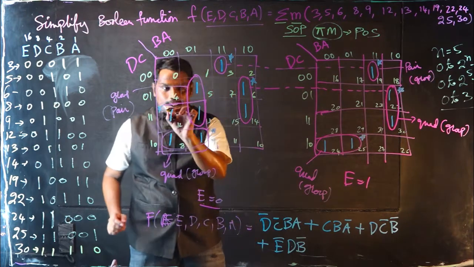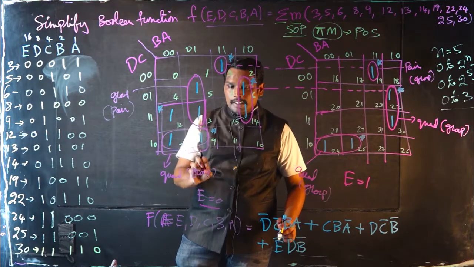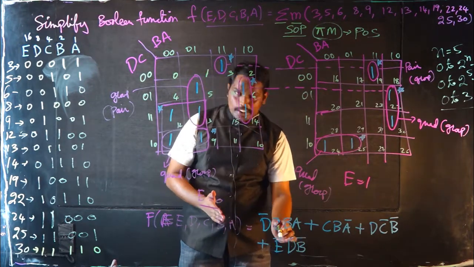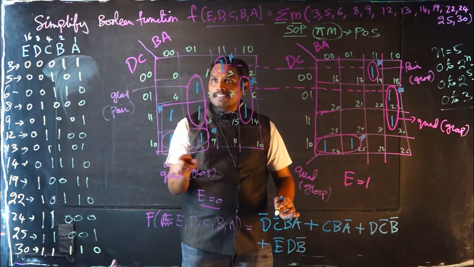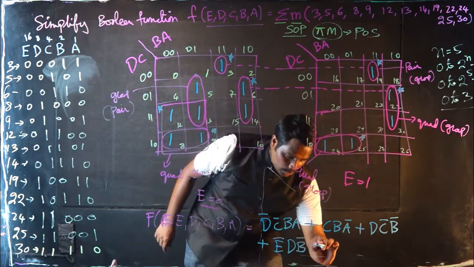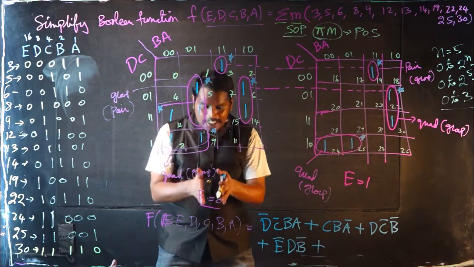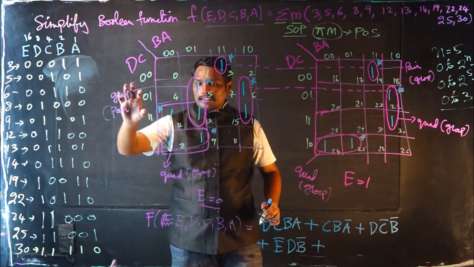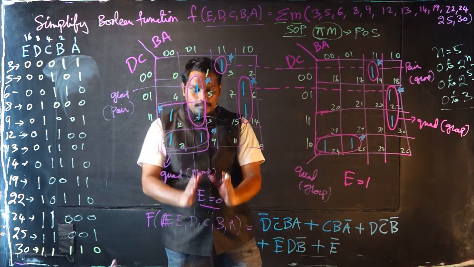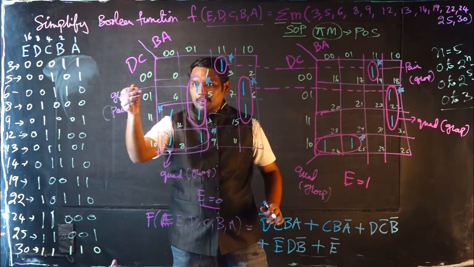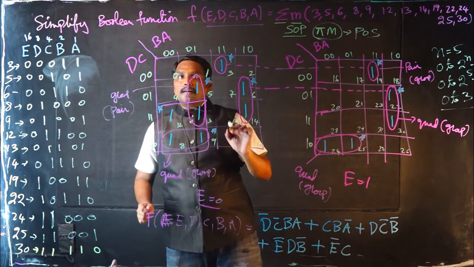So hope this is clear. So this particular quad, I have made the expression or the min term that is extracted from this quad. So E is equal to 0, the Karnaugh map that I have plotted, so E bar, and followed by this particular quad is having the literal D as common, and from this you are going to have B bar as common. So now that is also completed, and finally the last group which is left over is this particular group only in E is equal to 0 Karnaugh map. So for this particular thing, you can see over here that this is E bar, because you are only taking the group from E is equal to 0. So E bar, and followed by, you can see what is the commonality here, that is C is common, and followed by here B bar is common, right?